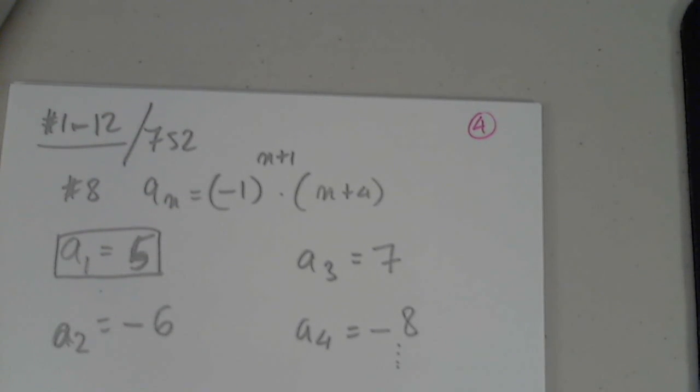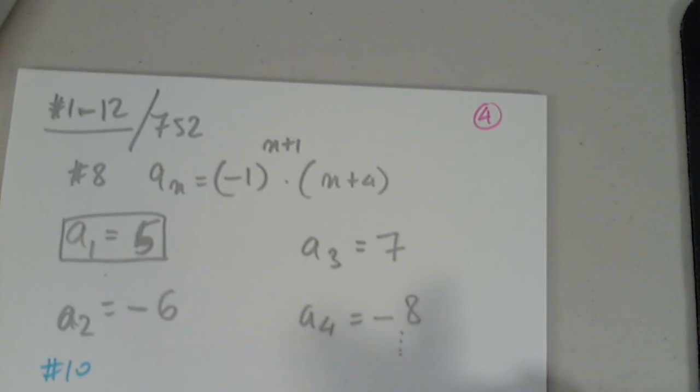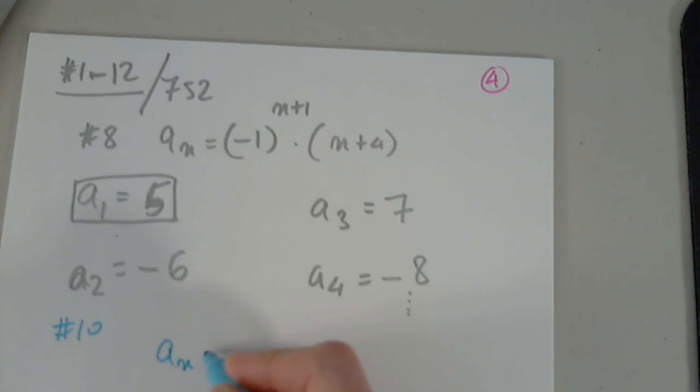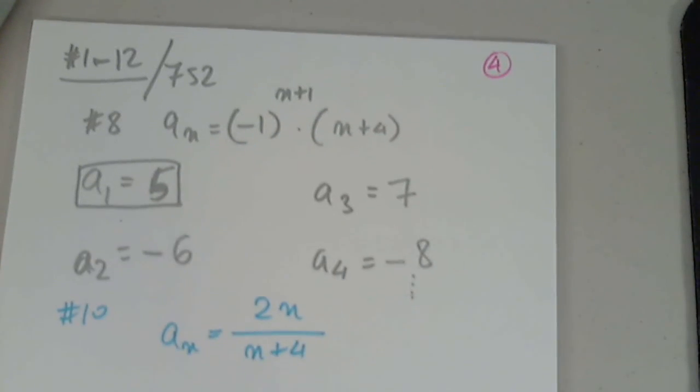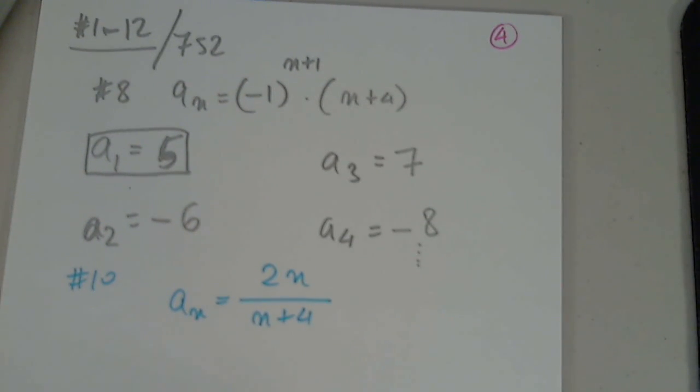Would you like to choose another before we look at recursive formulas? Anyone else? Anyone would like to choose? Number 10. Number 10 it is. Very good. In number 10, we have a sub n equals 2n divided by n plus 4. Same question. We're asked to find when n is